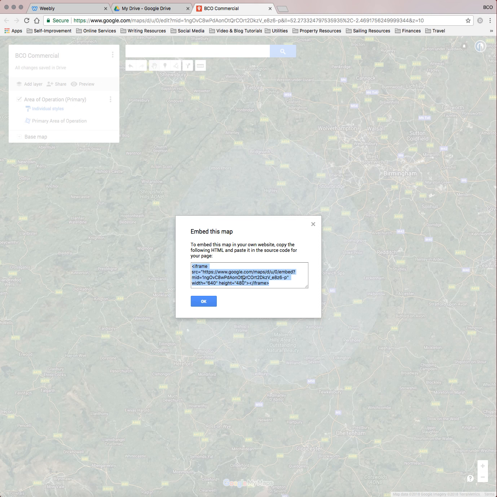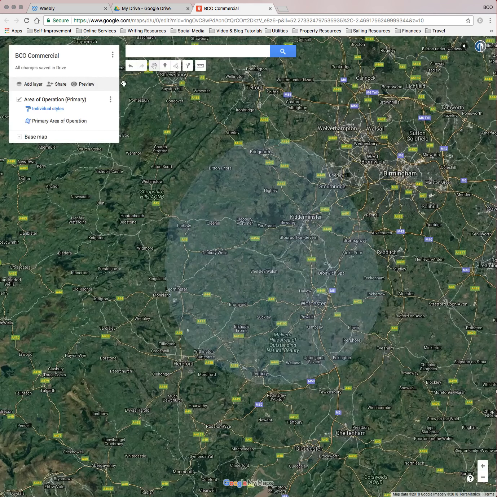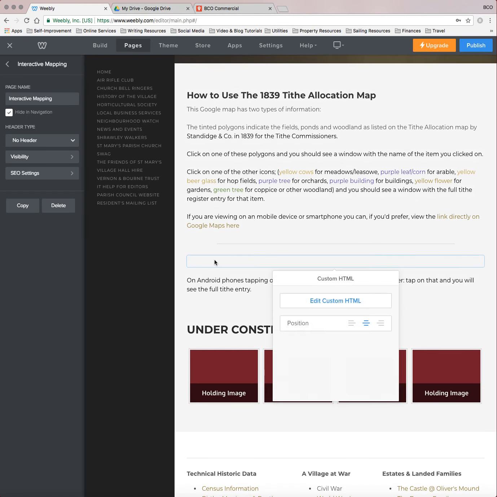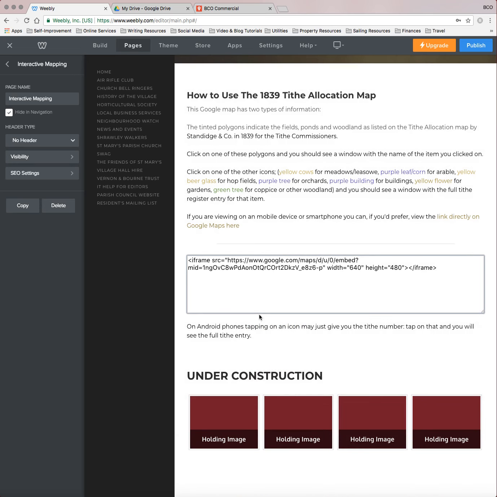and it's an iframe, which they always start with iframe and finish with iframe, and the code in between sets a size which is 640 by 480. And now once this is pasted in, you can change that size and play around with it, but at the moment just going to copy that code. Then I'm going to go back to the Weebly editor, find the frame, which is that one, paste in the code, okay, and then